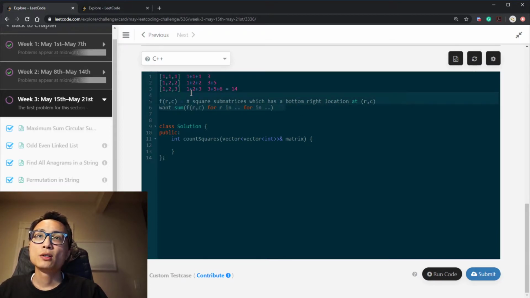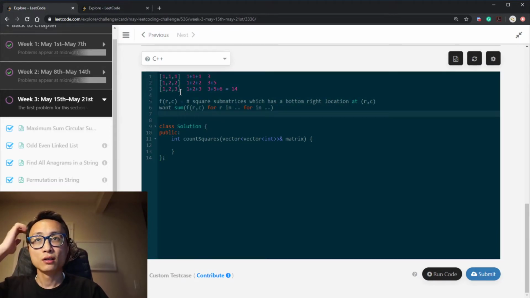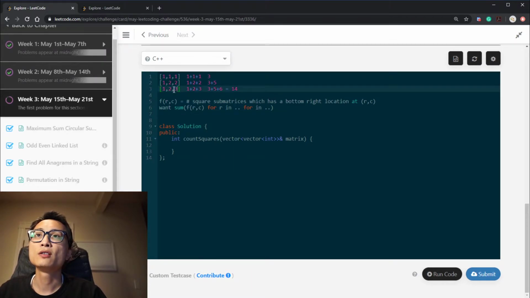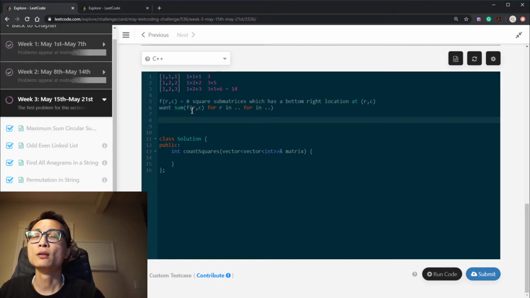And that's pretty much the intuition behind this. There's only a little bit to talk about how we actually look into these numbers. This is a special case where we can just add things. The number always goes up when we're looking from top left towards bottom right. What we need to do is to come up with a recursive relationship between FRC and its adjacent values that has been already calculated. So the base case is of course